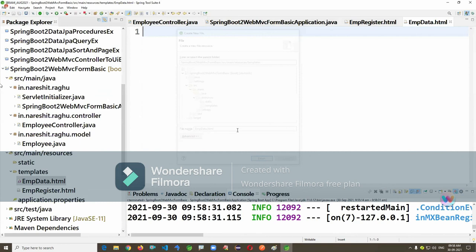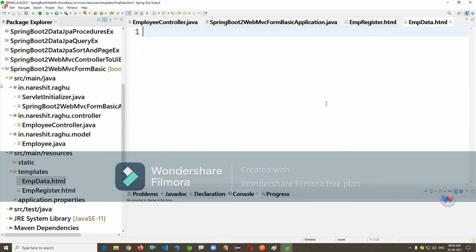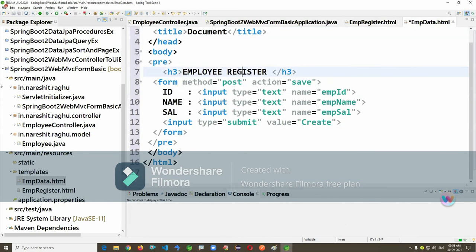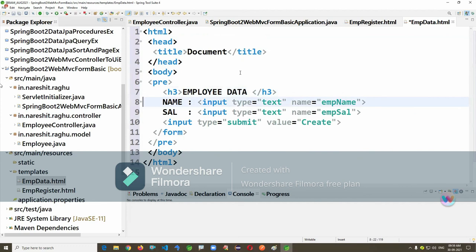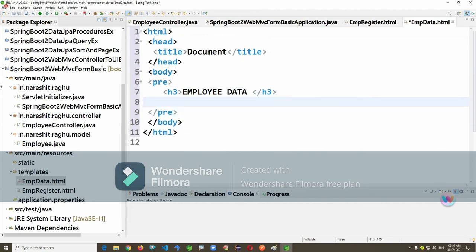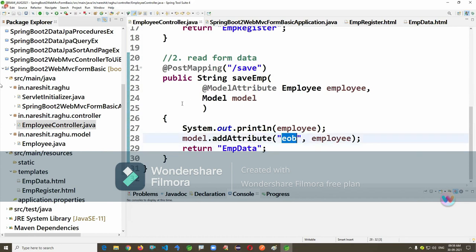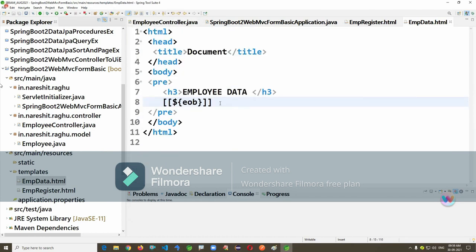I showed you the Java servlet also last time, isn't it? There I'm printing this object. This data page is just to print the data, nothing else.